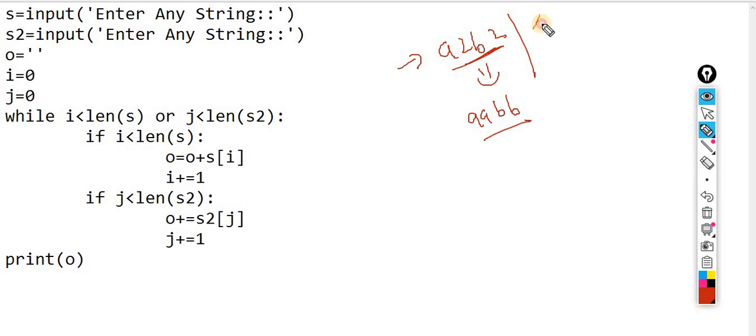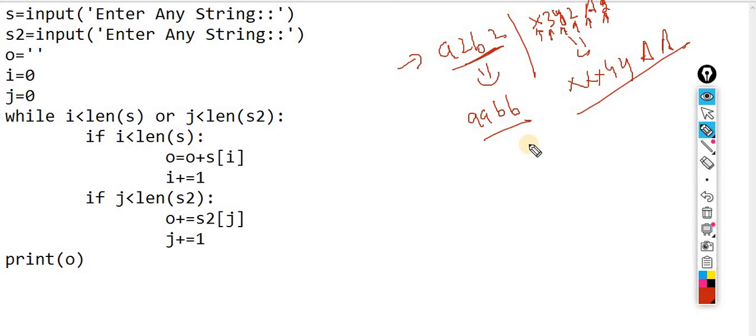What is the meaning of that? X3, Y2, A2. It means that you are getting the output in this format. Okay, one is a character, another one is a digit, character, digit. So the output should be in this format, X, X, X, Y, Y, Y, A, like this. Okay, so how can we design it?